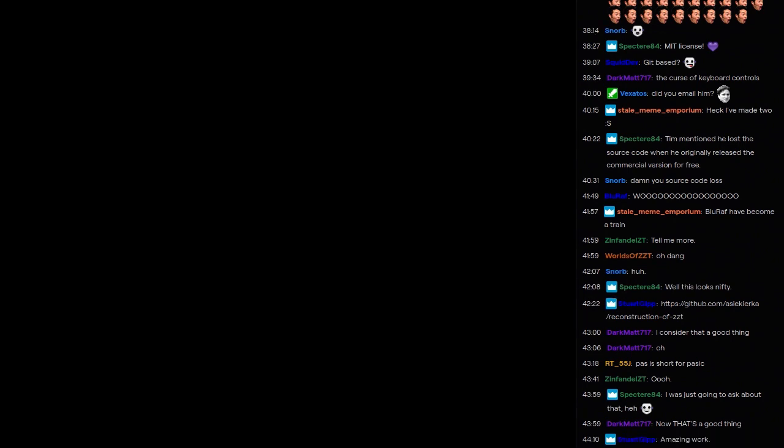It's a byte-level accurate reconstruction, which means that there are no differences between the ZZT.exe built by this repository and the ZZT.exe that came with ZZT 3.2 all these years ago. In other words, since we have a perfect reconstruction of the binary, we can be sure that the source code is an accurate representation of the engine that came from it. Which means that for the first time we have the perfect reference material, the perfect source code. We can do anything with it. We can make forks, you can port it to other platforms, do whatever with it. But,